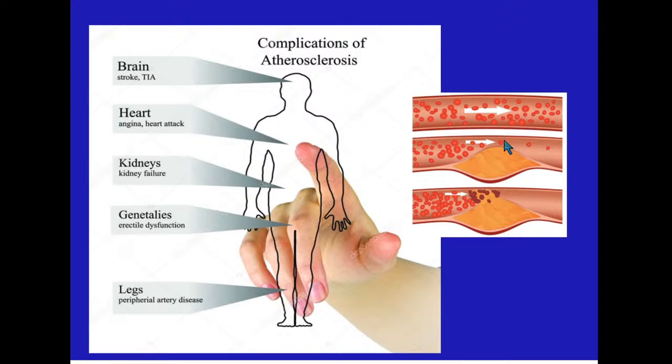The blood vessel will become narrower and narrower until complete occlusion of the blood vessel and thrombosis. In short, complications of atherosclerosis in different organs are the same situation. It's hypoxia with ischemic attacks, with angina and heart attack, with stroke and transitory ischemic attack of the brain, or insults.